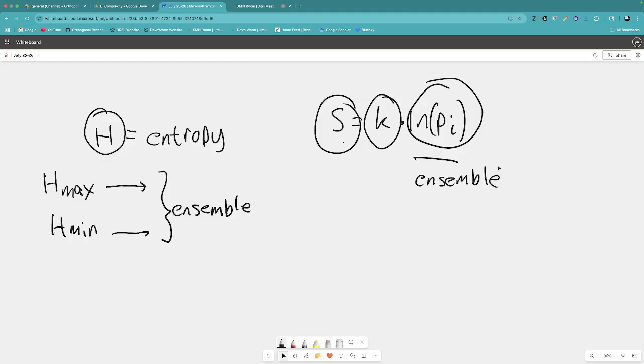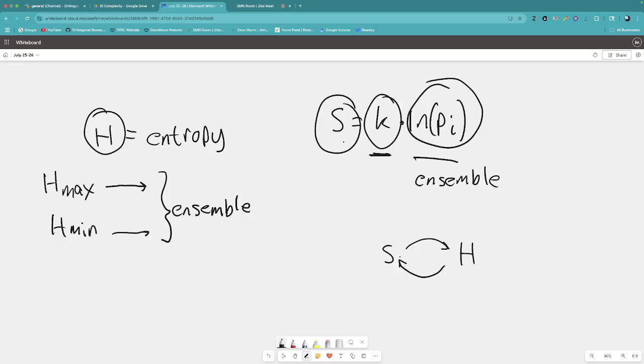So you have any ensemble of molecules. The molecules themselves can be in different states that evolve over time, and you want to calculate those out, and you get that. And then you have this energetic constant K, which is Boltzmann's constant, and then you have S. And so S and H actually are semi-related, right?